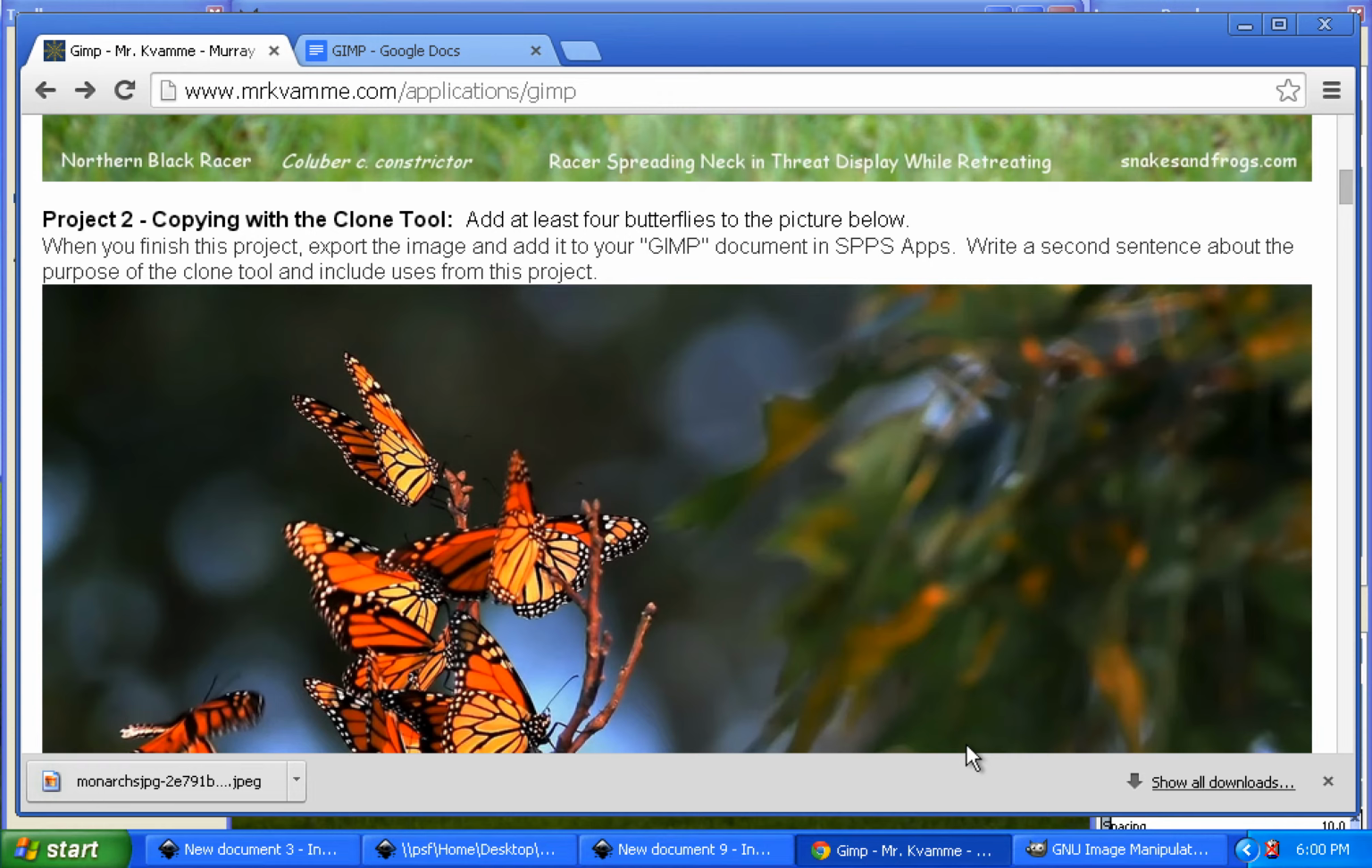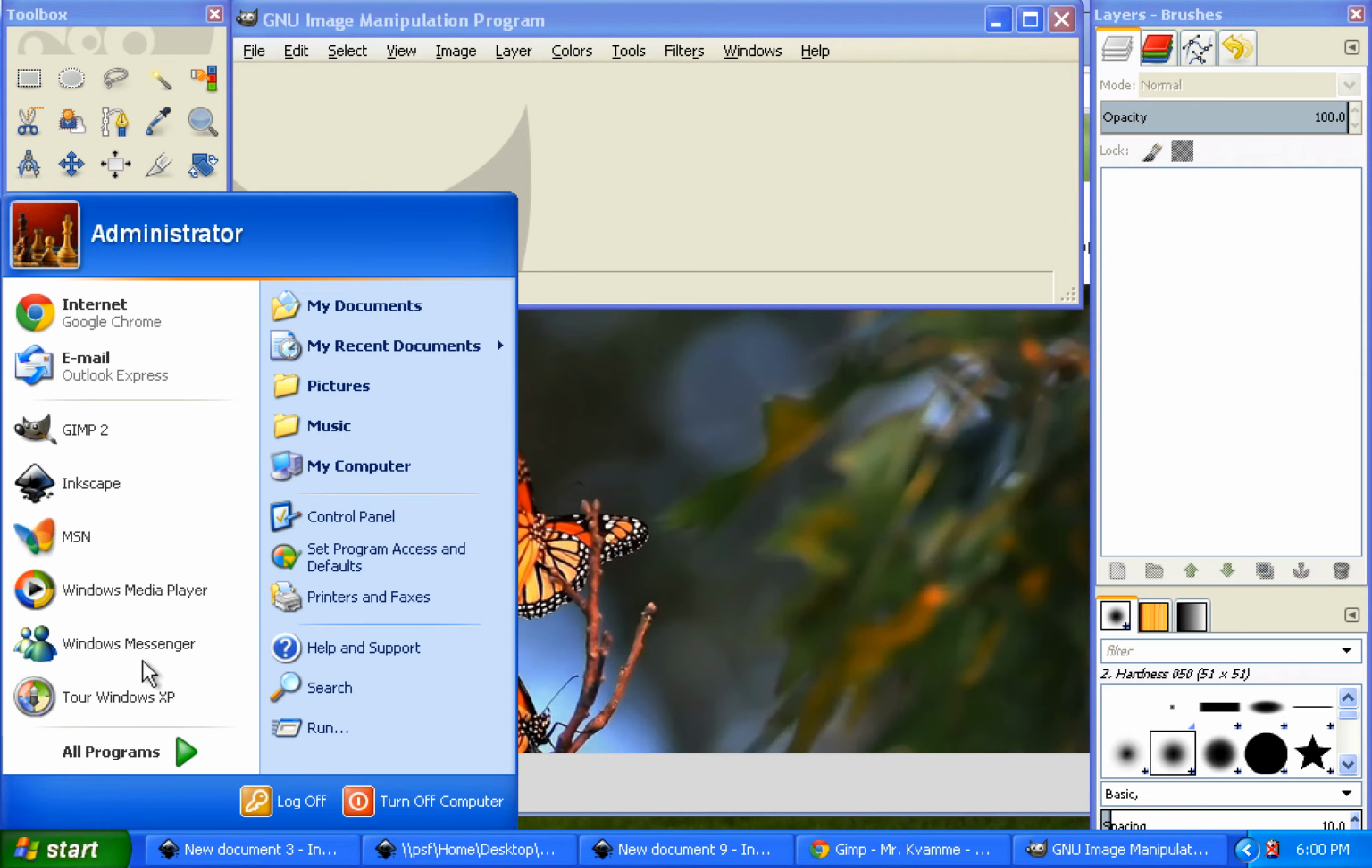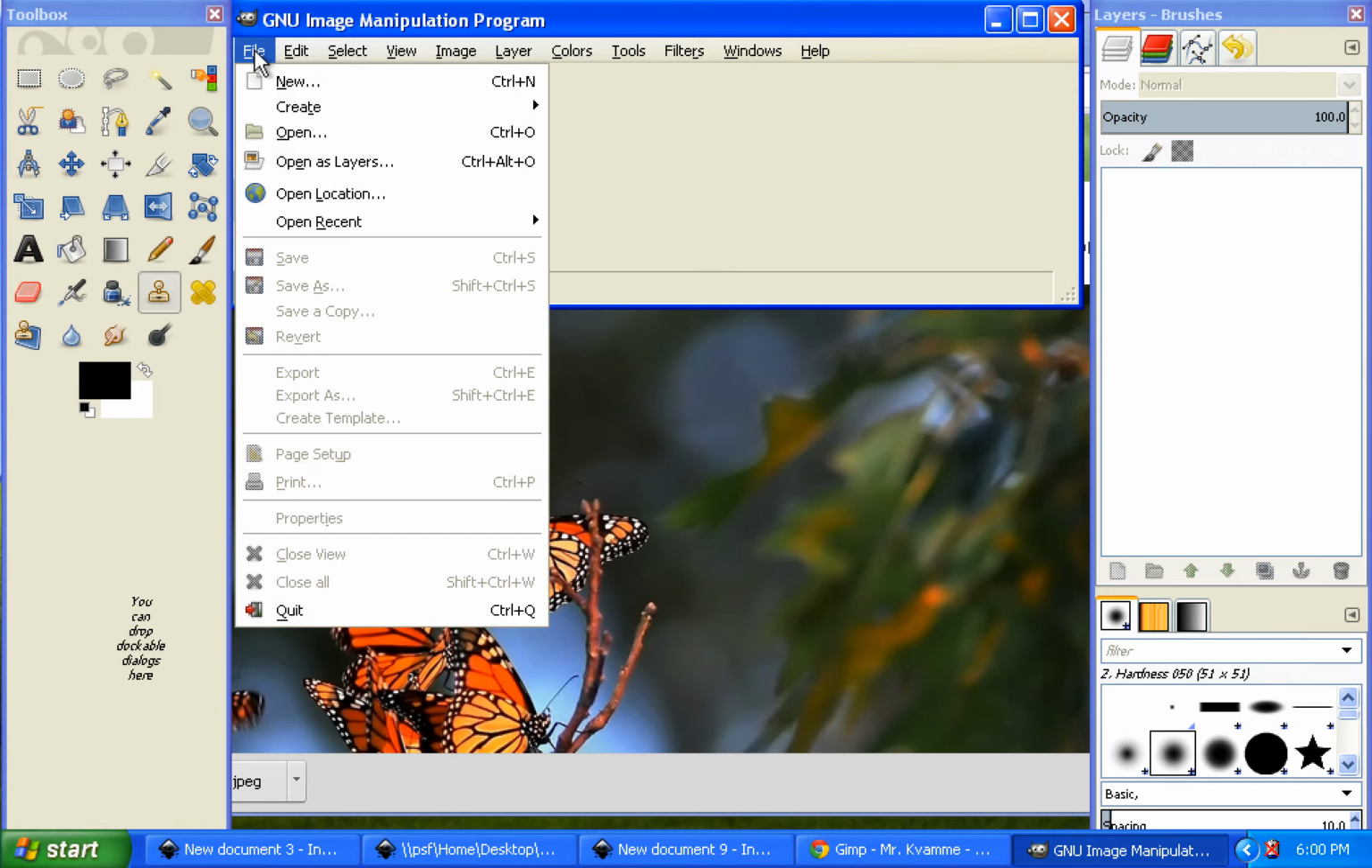Next thing I need to do is open up GIMP. Mine's already opened here. If yours wasn't open, you would just click on the Start menu and find GIMP 2 and click on that. But mine's already open, and now I just need to open the picture of the butterflies. So go to File, Open,